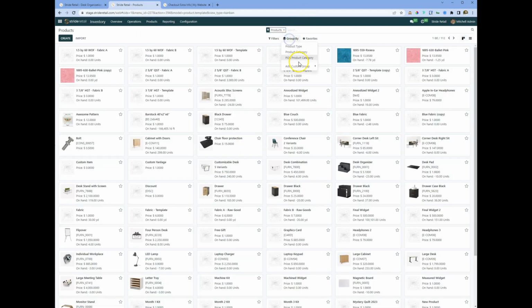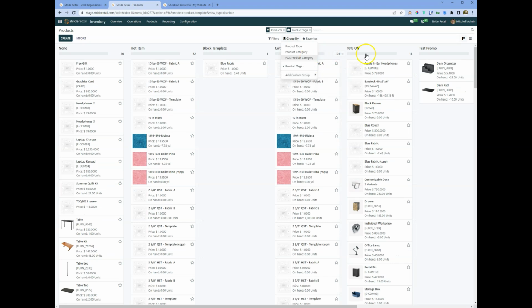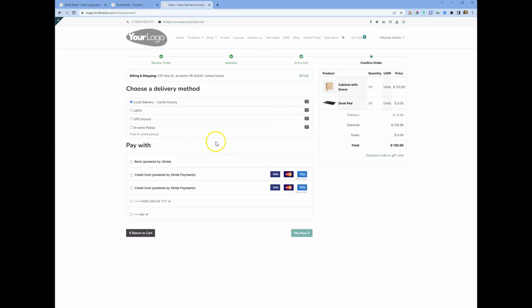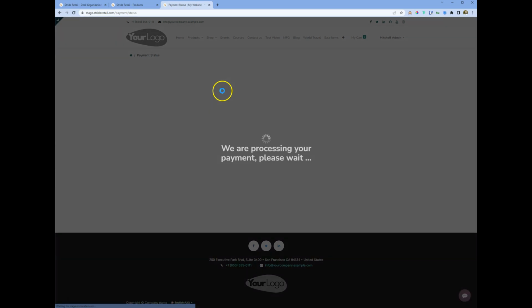we tagged some products with the product tag of test promo. We had a desk organizer and a desk pad. So this is where you could kind of pseudo get away with saying, hey, we'll let you select your free gift. It's going to create a little bit of extra work for your back office salespeople,